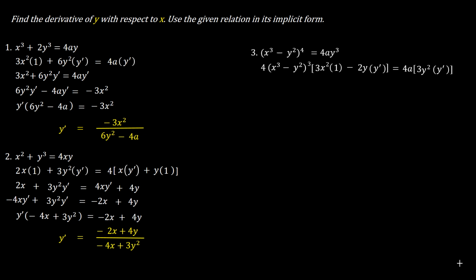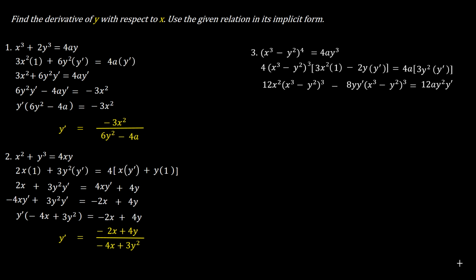Simplify. 4 times 3 is equal to 12x squared times x cubed minus y squared raised to the third power, minus 2yy prime multiplied by 4 is equal to negative 8yy prime times x cubed minus y squared raised to the third power, which is equal to 4a times 3y squared y prime is equal to 12ay squared